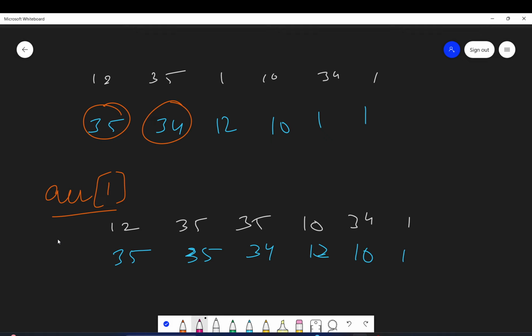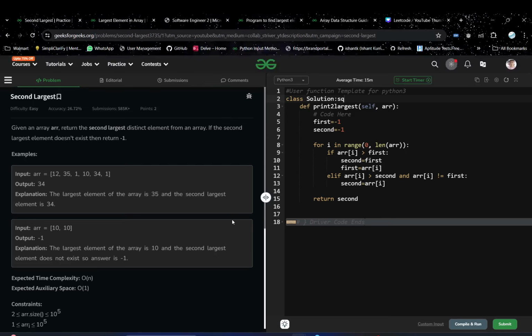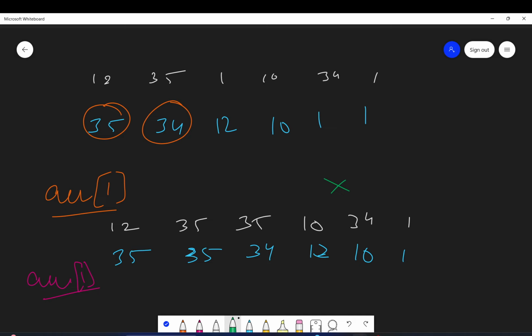Now here, can you return ARR of 1 again as the second largest? No, you cannot. Why? Because they have said they want a distinct element. So you cannot give 35 again, because 35 is the first, and you have to give a distinct element.